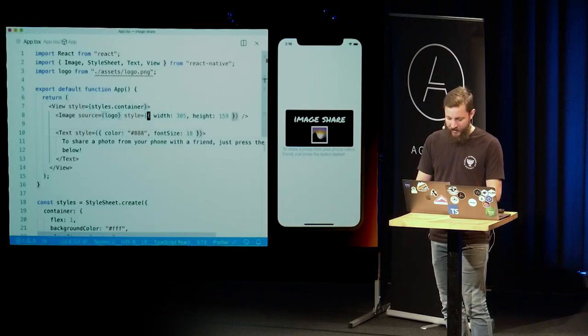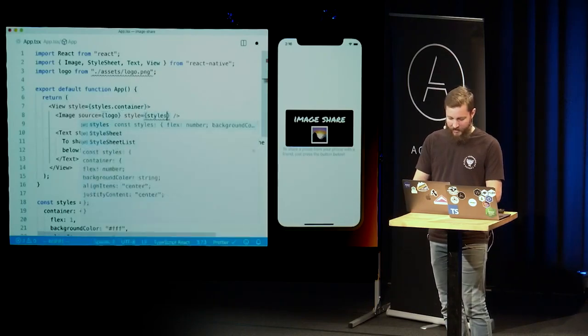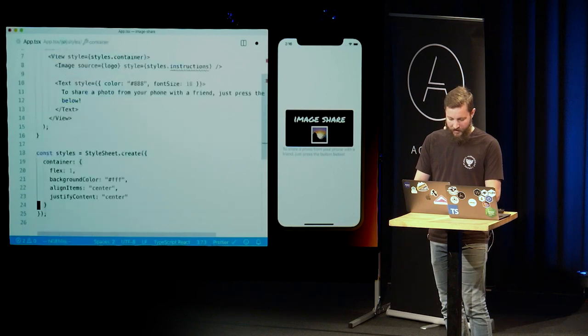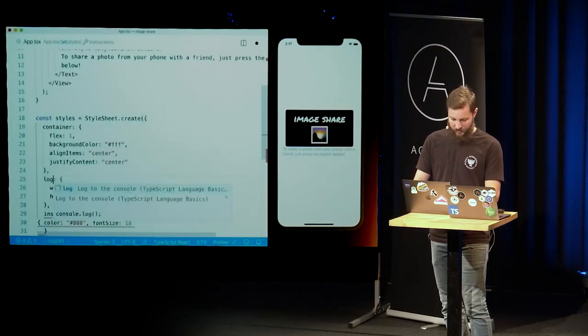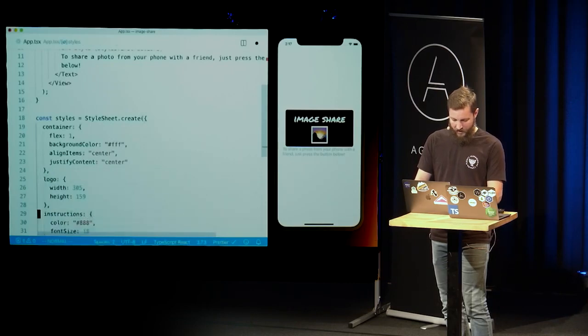So I'm going to copy this over, and we'll just call this styles.instructions. Jump down here. OK, I use Prettier. I lied. Oh, sorry, this is instructions. That's logo. Logo. Instruction. OK, so that's the same. And as we saw,